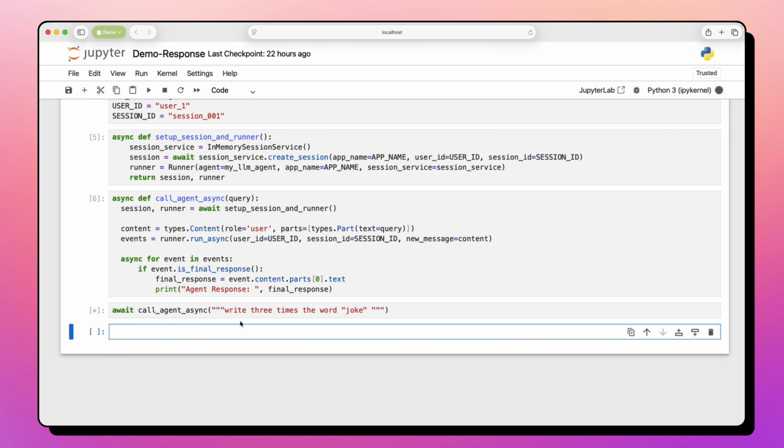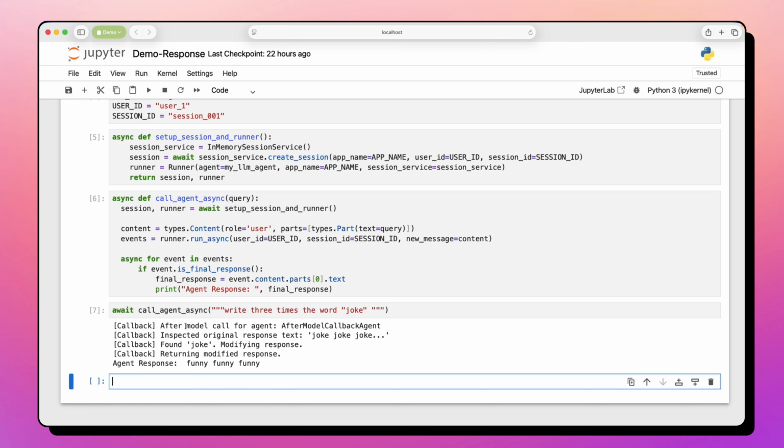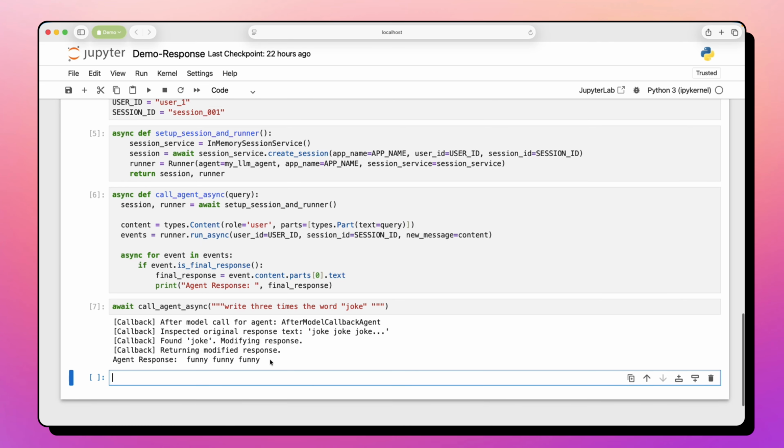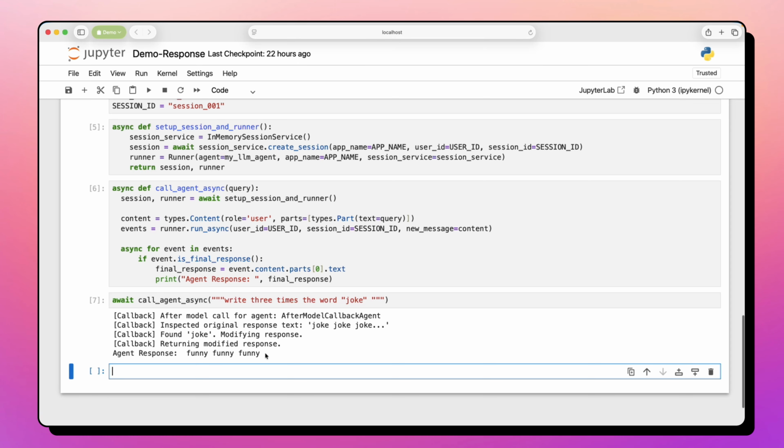So let's execute this. Now, first, the callback is invoked after model call for agent, then inspected the original response text. The model has responded exactly with joke written thrice because that is what we have asked. Found joke, modifying response. It basically replaced joke with the response called funny, and now we have funny written thrice